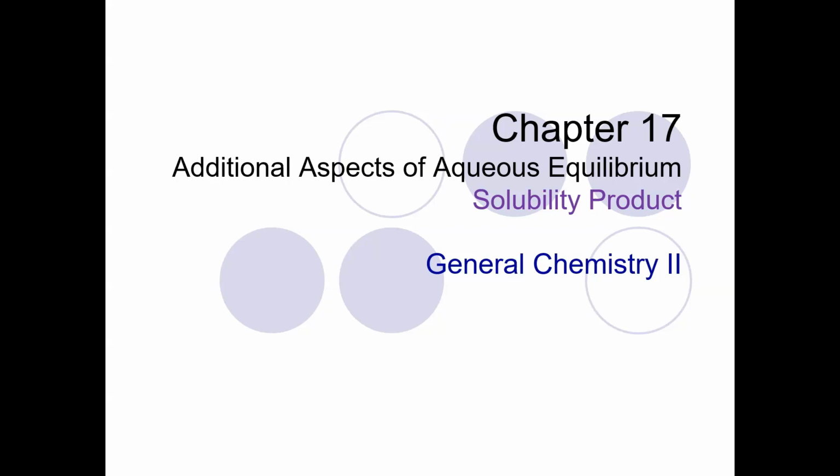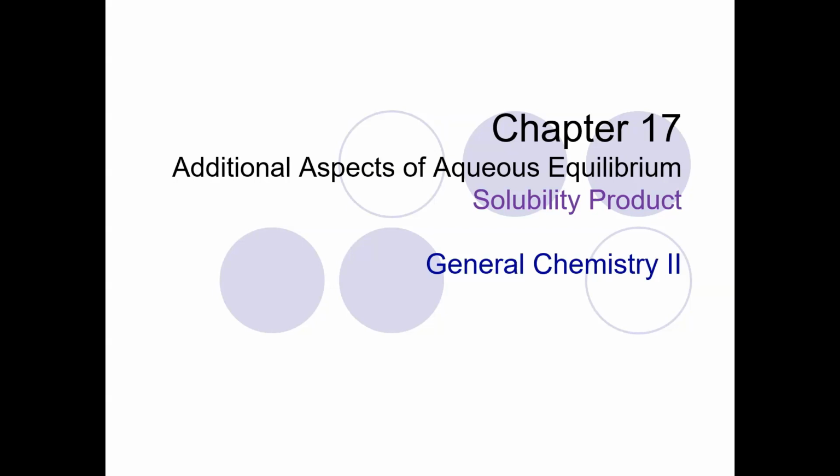So just a quick reminder, when you have a coefficient, a whole number, in front of a compound or an ion, in terms of where that is impacted in the equilibrium constant, that becomes the power. It's raised to that power in the equilibrium constant expression. So when that products over reactants equals K, if it's got a 2 in front of it, it's now squared. It also impacts the ice table when we're doing the plus or minus X in the change row. Whatever the coefficient, that is the number of X's that goes into the change row. So again, we've already done this. It's just been a little while, and this is a reminder. And so we're going to do some more examples, like we're going to practice this, but just some things that you already know that you maybe haven't had to